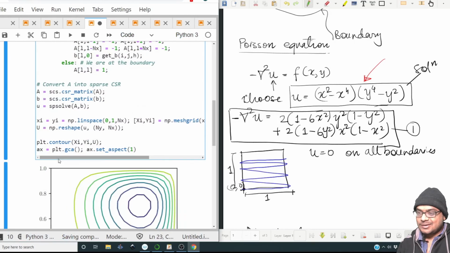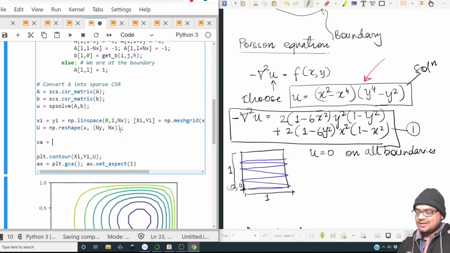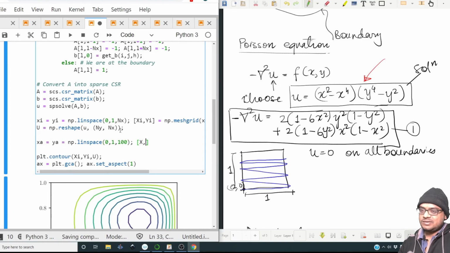You need to also plot the exact solution, right? So let us do that. xa equal to ya equal to np dot linspace, or in fact xi and yi, let me just define it. xa equal to ya equal to np dot linspace 0 to 1 100, xa ya equal to np dot meshgrid